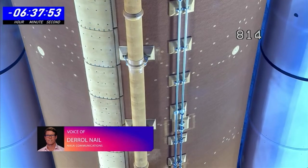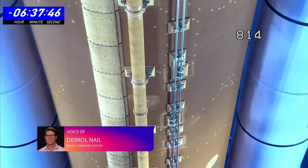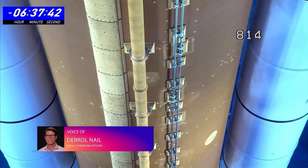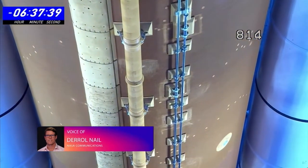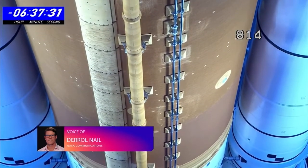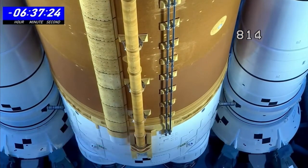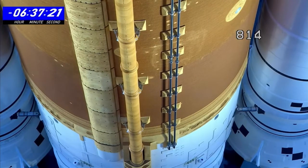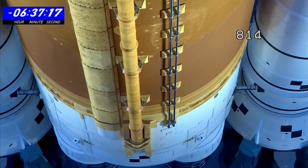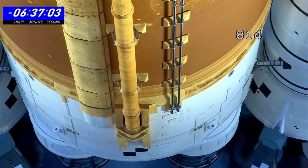Some cracks were discovered when we got the tank filled during the first launch attempt. When the tank gets super chilled, some of the cracks can have something called cryopumping, where air is literally pulled into the crevice, super chilled, frost develops, and then it creates a vapor trail. It can appear like a leak, but it's actually not. They're very familiar with these cracks, especially the engineers going back to the space shuttle program, where the external tank, which had the same thermal protection system, gave them a lot of familiarity with how it responds when cryogenic temperatures are reached on the inside of the tank. You can see at the bottom there,